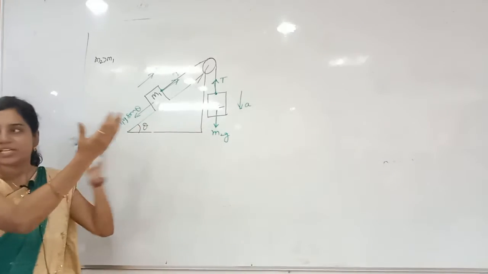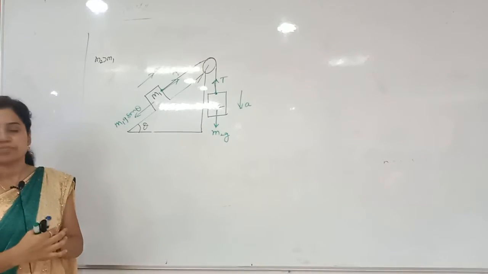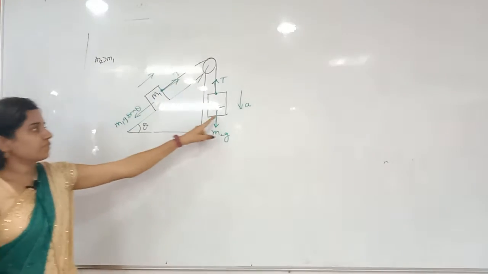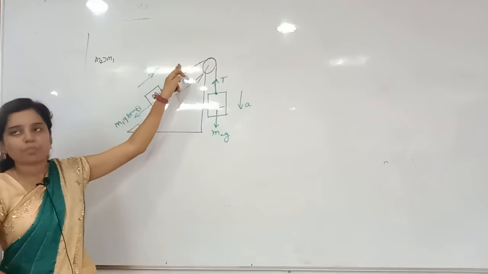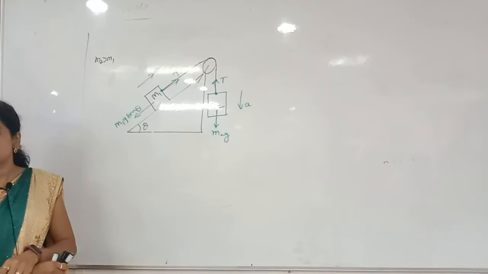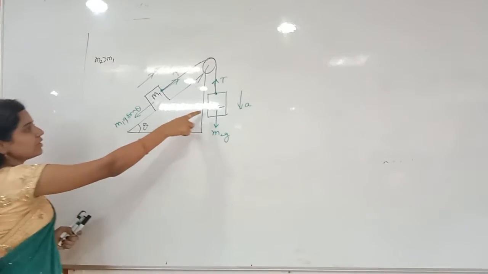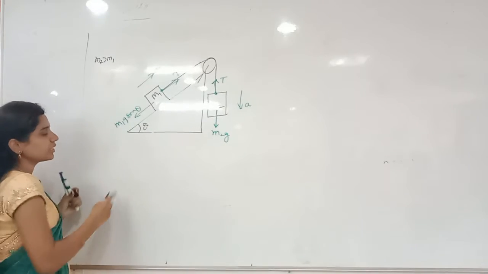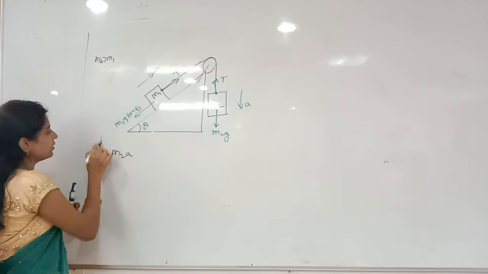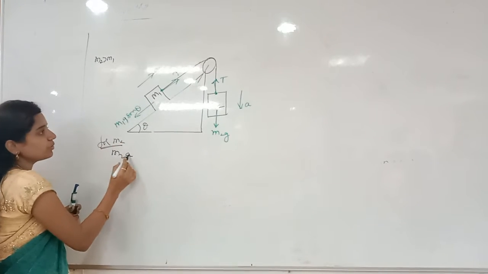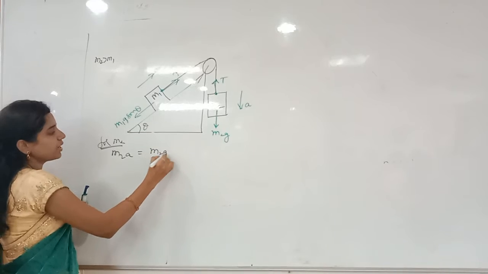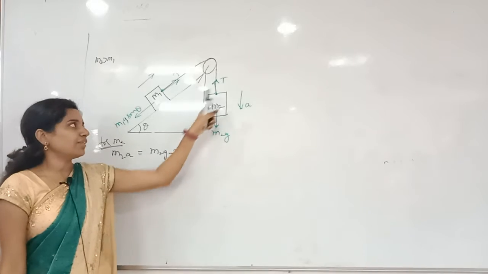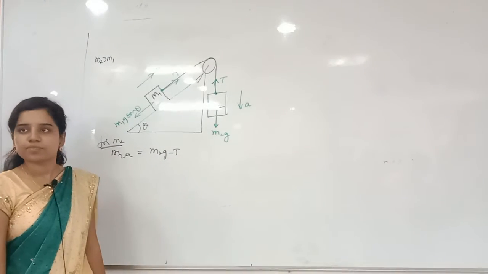I just change the orientation, that's it, for the before diagram and then this diagram. Now, always away from the connection, what will be there? Tension. If this is going down, obviously this will go up, with the same acceleration A. Now, if I draw the free body diagram of M2, I will not draw directly, you tell. M2A is equal to what I can write? For M2, M2A is equal to M2G minus T. Why? Because acceleration is supporting M2G, so that is positive, and then opposing for tension, so that is minus T.